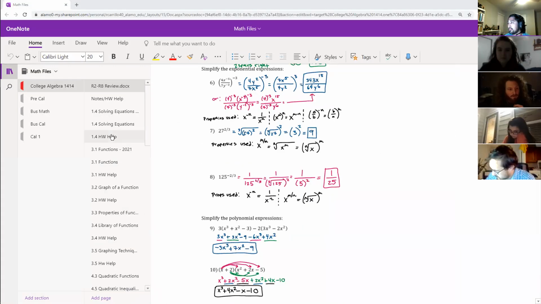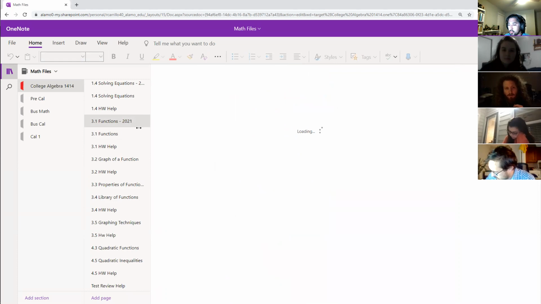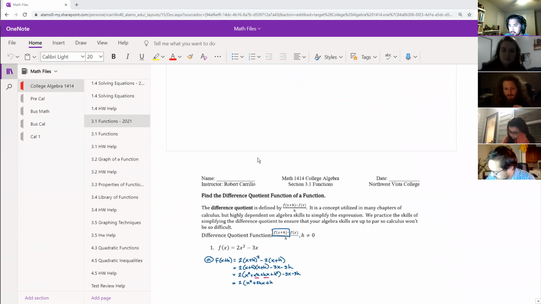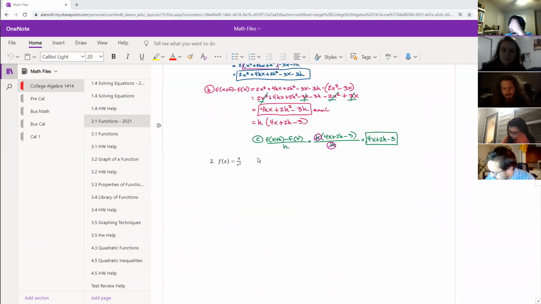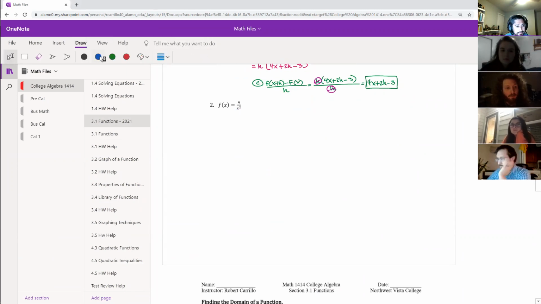All right, let's go ahead and share this screen. Very dangerous sharing a web browser page. There you go. All right, let's find, we're at 3.1, right? There we go, 2021. Okay. Let's get tortured here. Since I learned this from Professor Carrillo, I also learned how to do it his way, which is